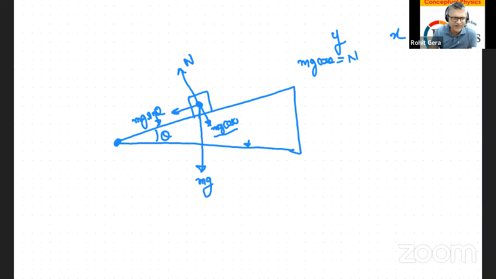The block is not flying off the ramp. And in the x-axis, the only force you have is mg sine theta. So here there is equilibrium in the y-axis, but in the x-axis, mg sine theta is equal to m into a x, because